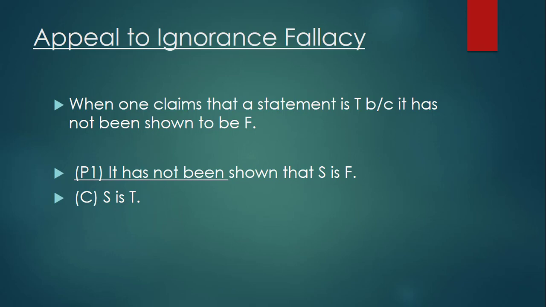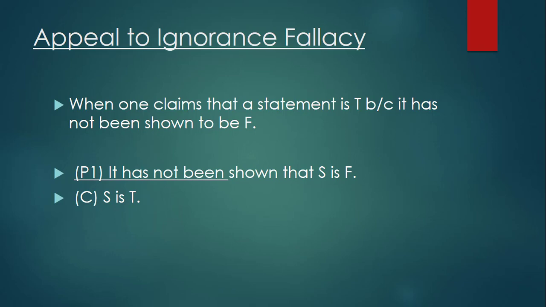To show you why this is a fallacy, someone might say this: well, no one has shown me that it's false that invisible fairies exist. It hasn't been falsified yet. And invisible fairies, you cannot test for whether they exist or not because they're invisible. We can't see them. So since it hasn't been shown to be false yet that fairies exist, therefore it's true that invisible fairies exist. This is a bad argument, right? This shows you why making this kind of move is a bad one.